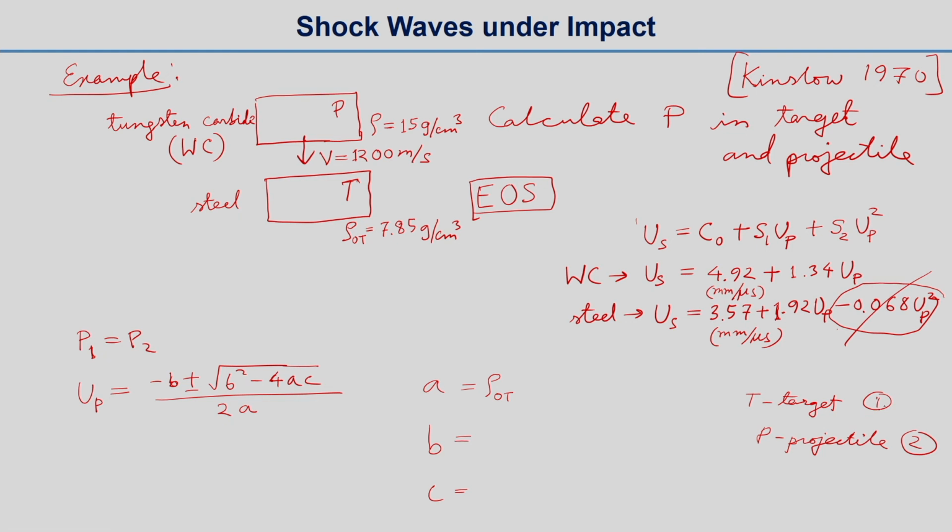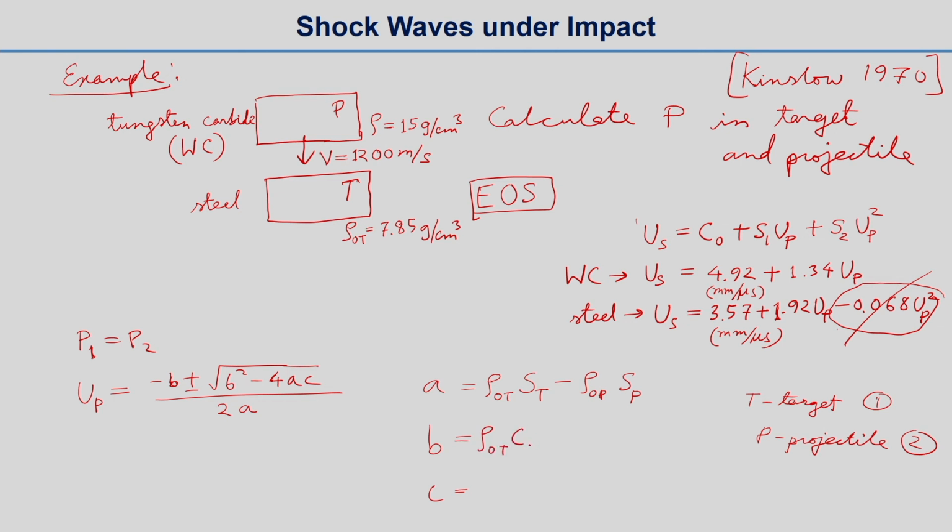We kept it as 1 and 2, but today we will keep it as T and P. So, A is rho naught T ST minus rho naught P, P for projectile, and then SP,